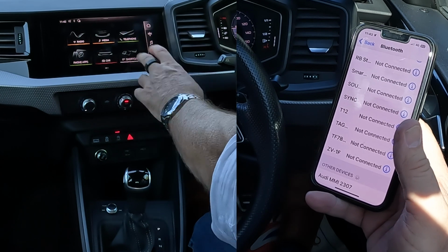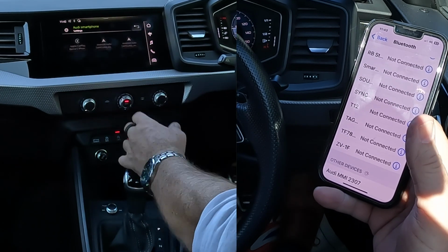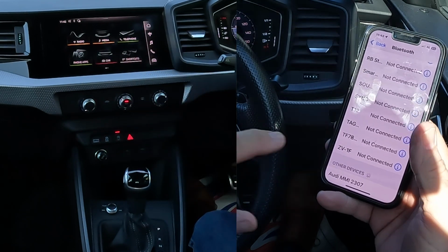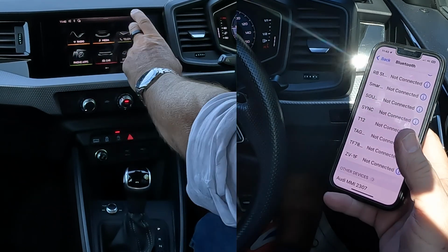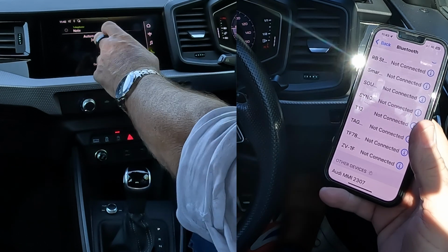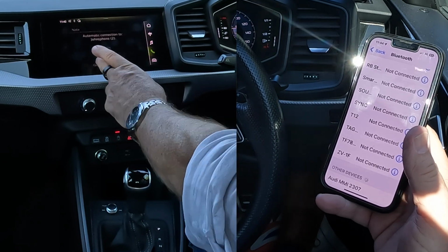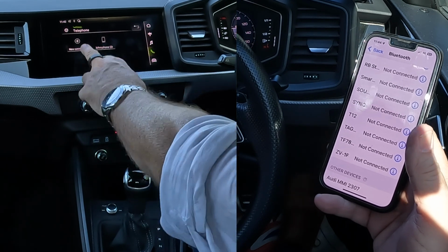If you click the home screen, if it's on anything else, if you click the home screen, you go back: radio, media, telephone. It's already showing up Audi MMI, but I'm going to click on telephone anyway. Automatic connection to or connect mobile phone. So if I click connect mobile phone, new connection,